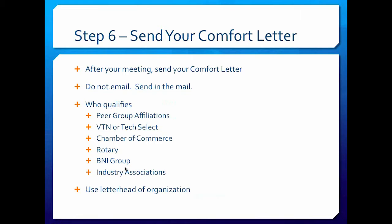Step number 6, I'm going to kind of pick up the pace just a little bit here. Again, in the downloads you're going to get a comfort letter. Okay, the comfort letter is a letter that your Chamber of Commerce president may write, your chapter president of your B&I club, industry associations, whatever. It's not a technical letter. It's a, hey, you're a stand-up member of the community letter. If you're working with legal, and the prospect is a legal law firm, and you happen to be involved with a legal association, get